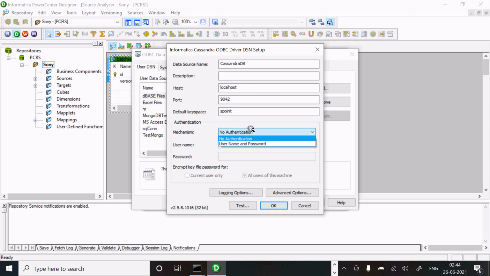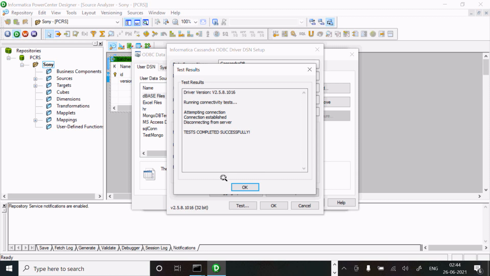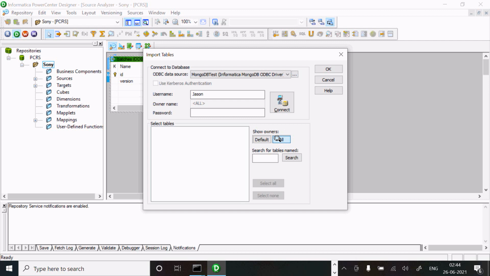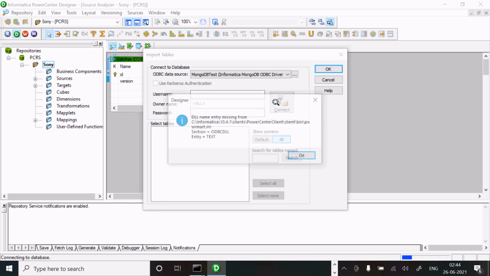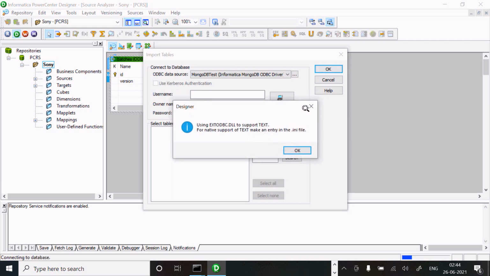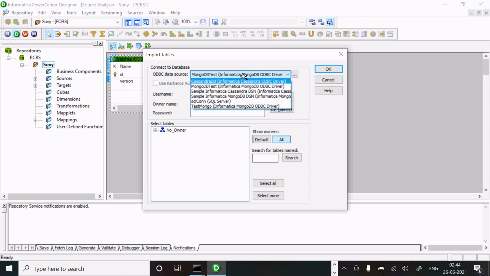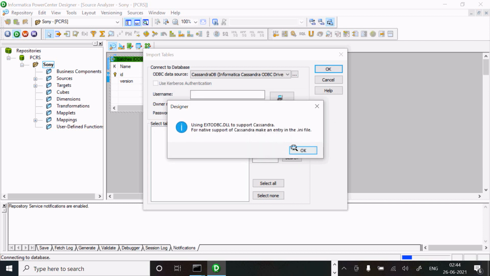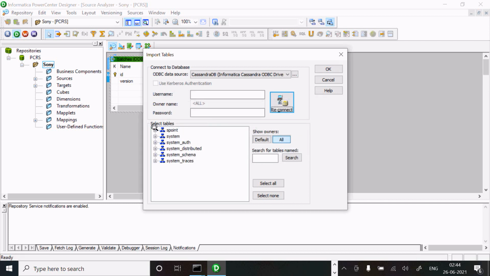Here for authentication, no mechanism you can select; otherwise you need to give the user and the password. It's not necessary. Let's click on Test. The test completed successfully. Now click on OK. Thereafter select all, and this is not required, and click on not this one. We need to select the Cassandra DB that I just created. Now click on Reconnect and here you can see the list of